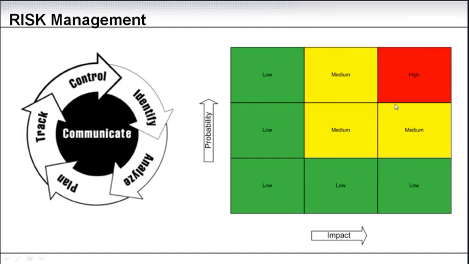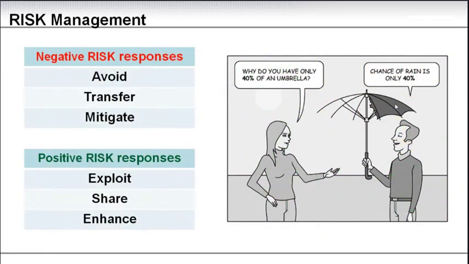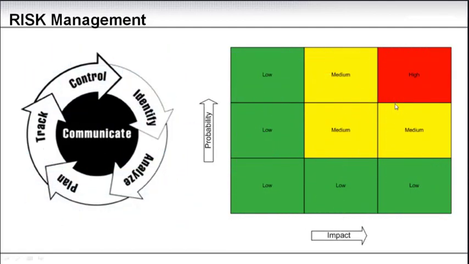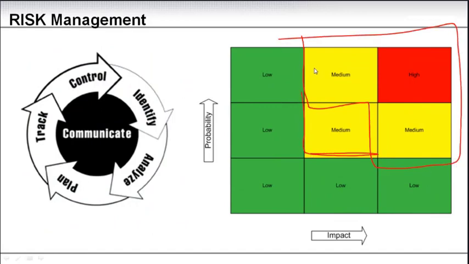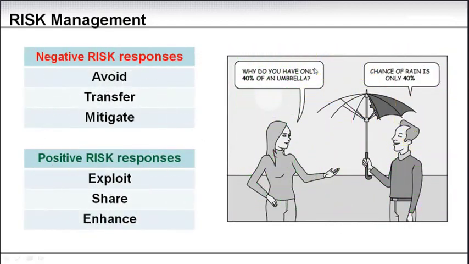I've done the reporting myself. There are many ways of doing it, more or less detailed. But what is important is that you create a risk response, and for which risks, in which quadrants, you do it. I normally do it minimum in these. Normally I also include this, so red and yellow. But for the risk response that you then put in, you have certain options. So negative risk responses, meaning that if this risk is going to happen,